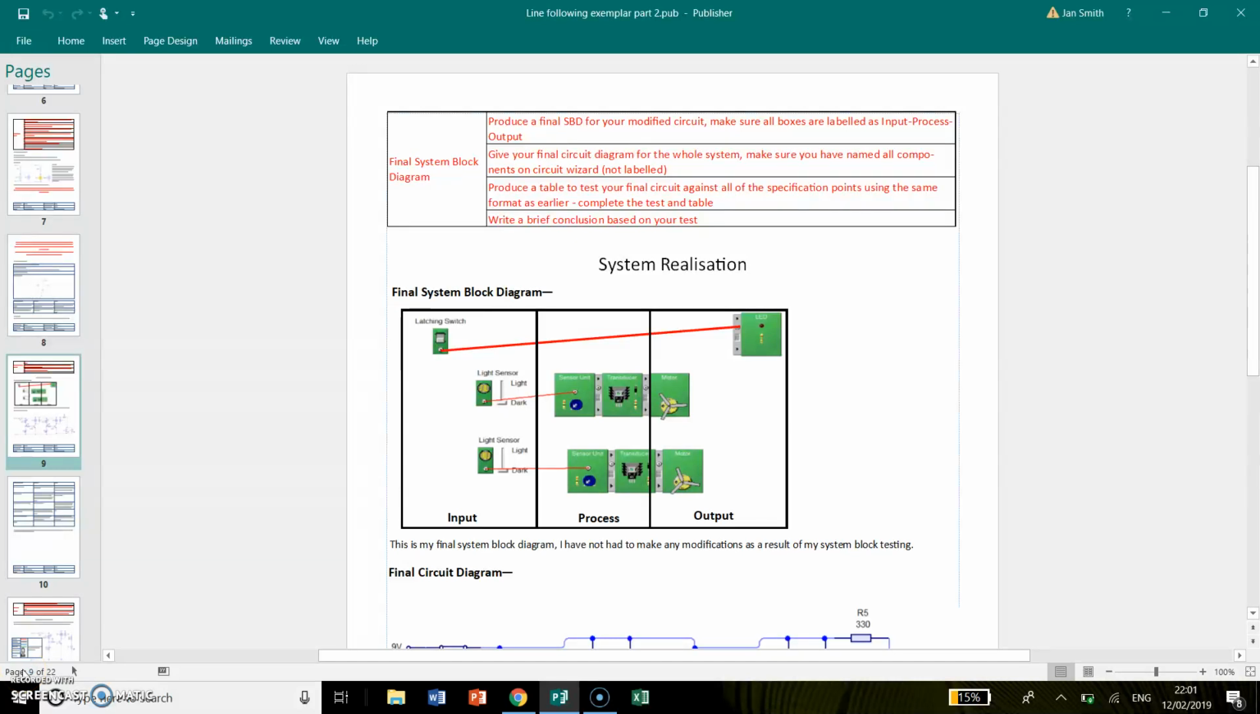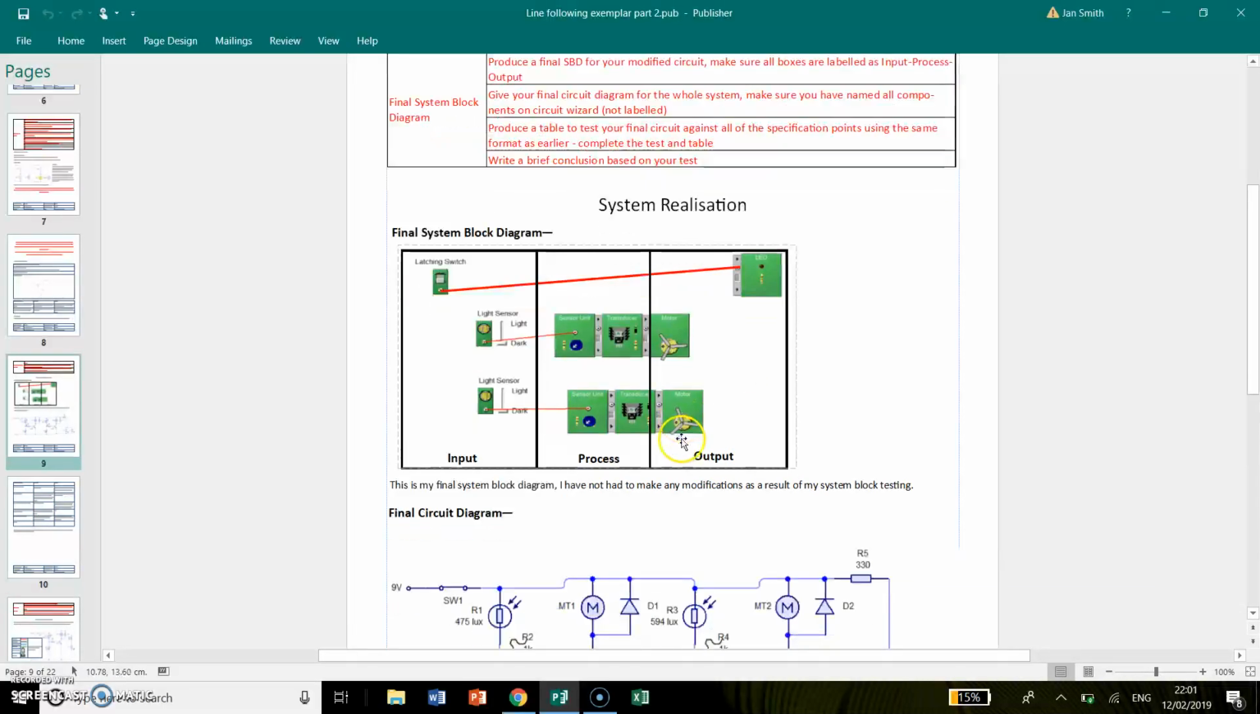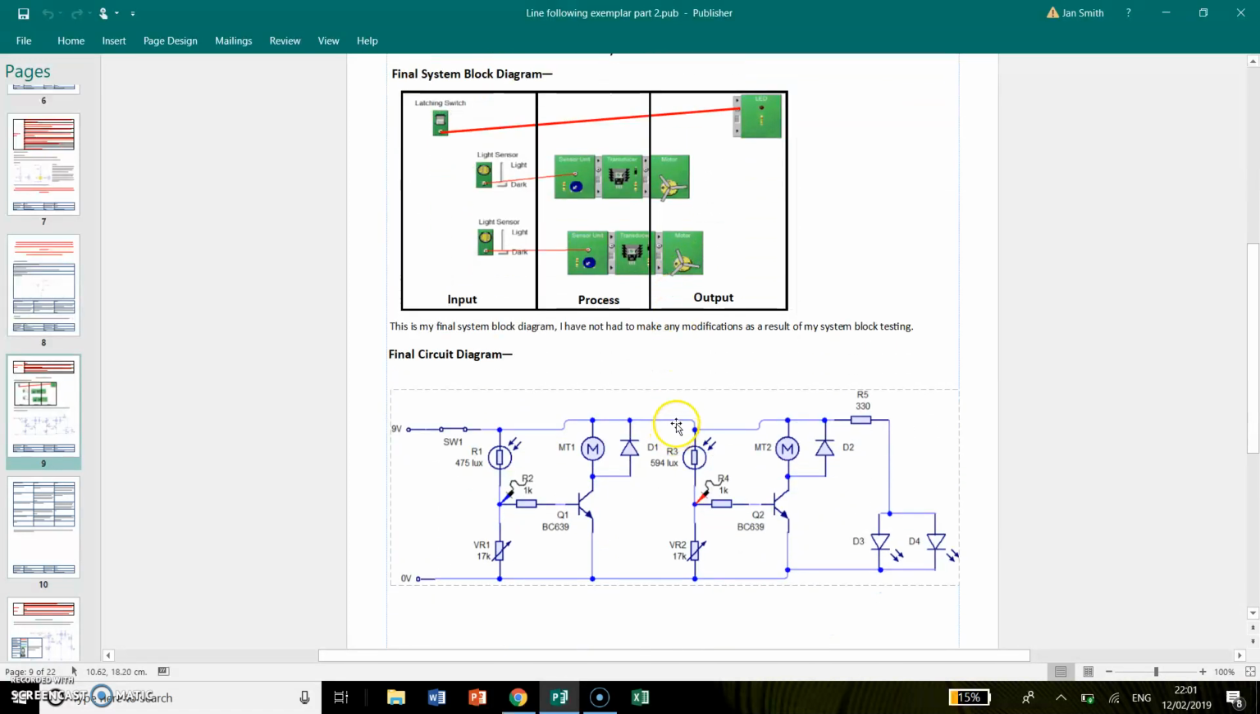So, looking at a quick summary of the paperwork you should have so far for the system realization. You should have your final system block diagram, you should have your inputs, your processes and your outputs labelled within that system block diagram. You should have your final circuit, and your circuit should have all of the components clearly